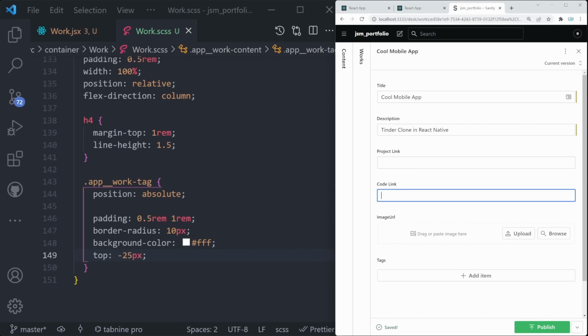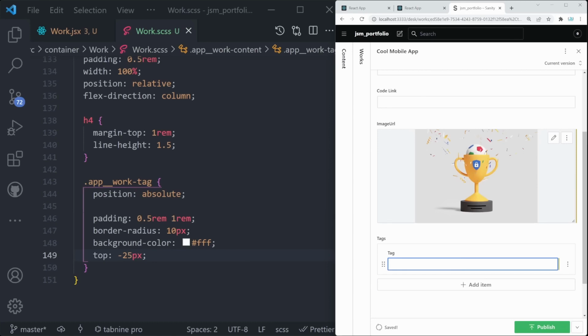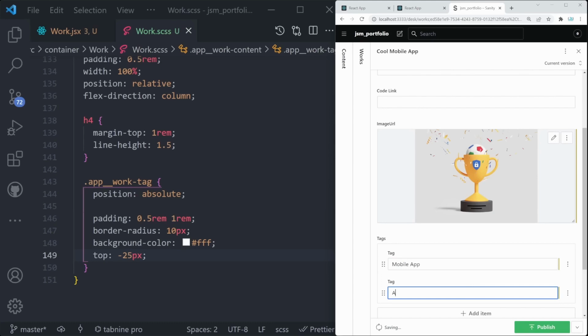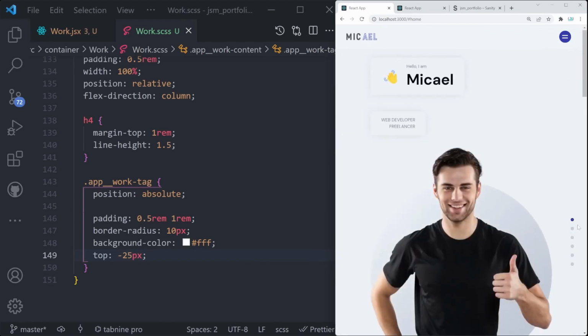Project link is going to be nothing, code link nothing. Let's pull up the project image and put the tags as mobile app as well as the all, and let's publish it. Now, if we go back to our application and reload the page, just like that, we can scroll